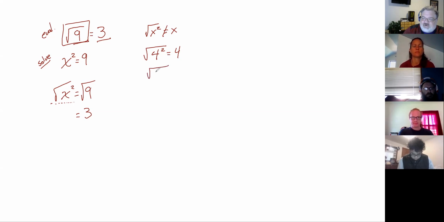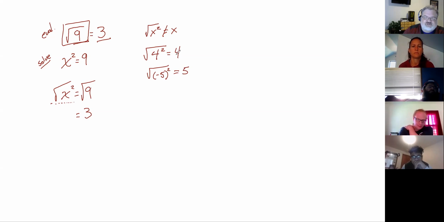But the counter example, if I have the square root of -5 squared, we know -5 squared is 25. The square root of 25 is 5. We did not get our input back. We didn't get our -5 back. Our x didn't stay x. It also didn't become both +5 and -5. So it's not plus or minus. All that happened is that x value's negative, if it's there, it gets stripped off. If there's not a negative there, it just stays the same. And that is our definition, quite correct, Aaron, of the absolute value.